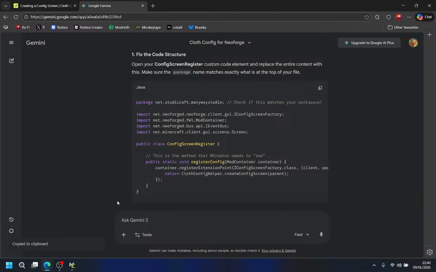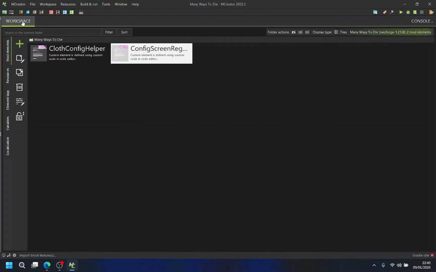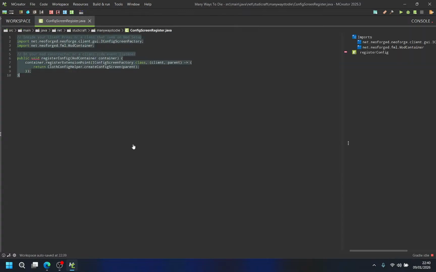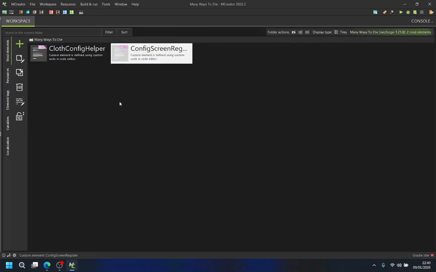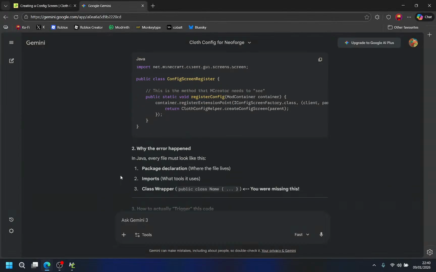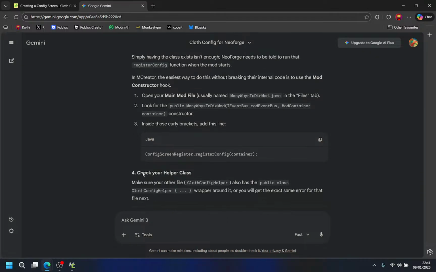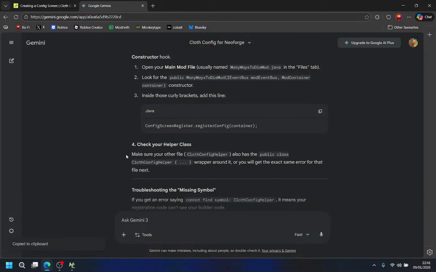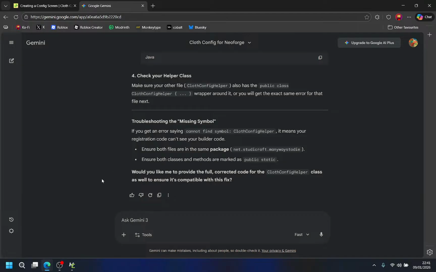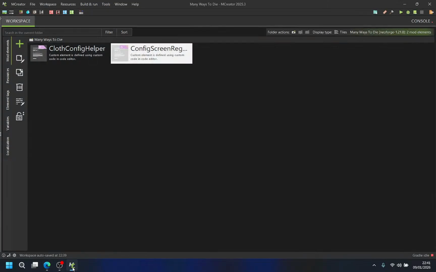Config screen register. Some config screen register this. I replace it with that. Alright. Okay.